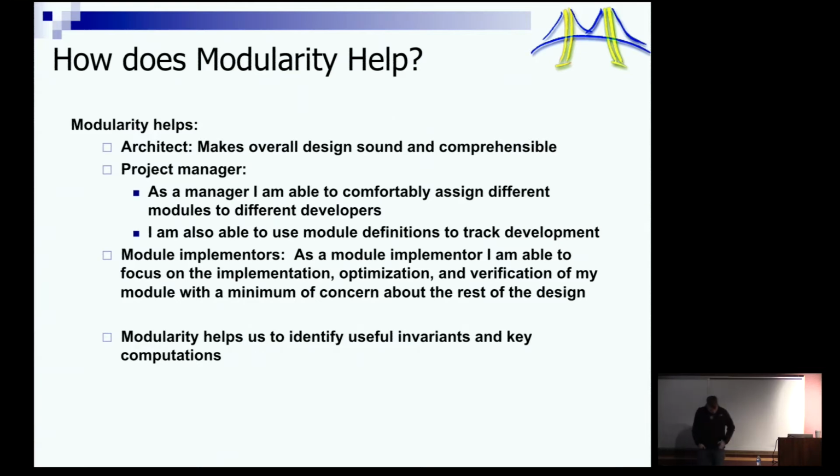Sure. So modularity is the process of breaking a large design into smaller, understandable parts that can be described, implemented, and tested independently. So we were all kind of taught this, obviously, in our undergraduate software class to do a good job of making your design modular. And there's a number of reasons it helps. If you're the one at the top architecting